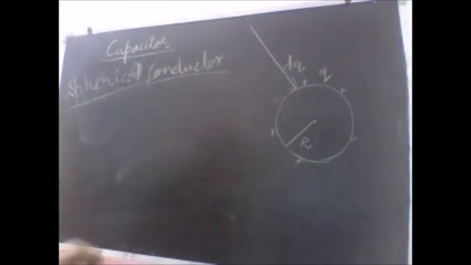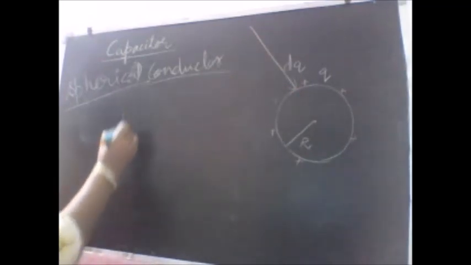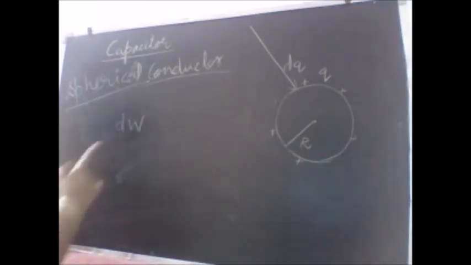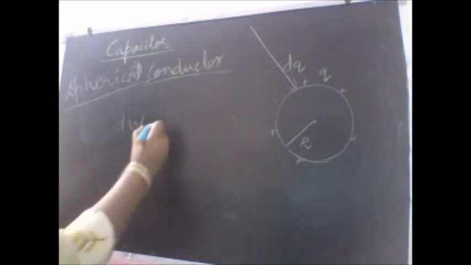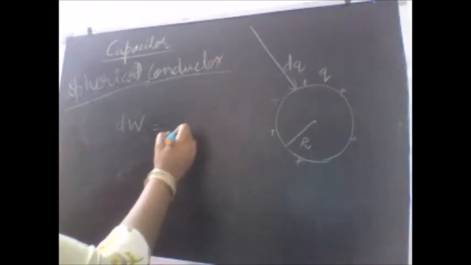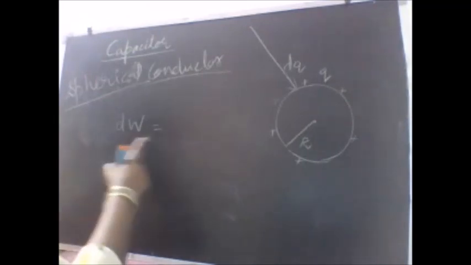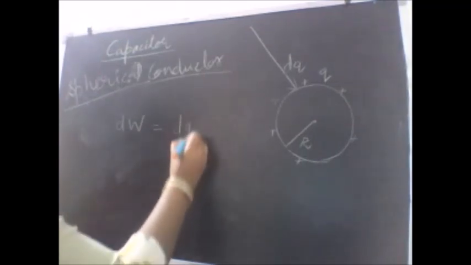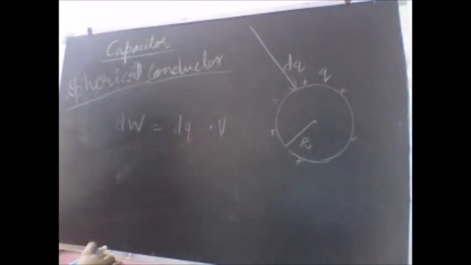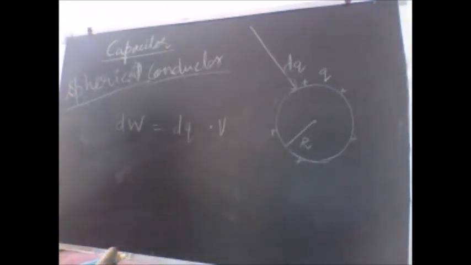So how to calculate the work done? Since the charge that I am bringing from infinity to this point is dq, which is very small, a very small amount of work will be done. So let us go back to the formula that we studied before. What was that formula? Work done, or the energy stored, will be Q into V, right? So this formula can be written as dq into V. Why dq? A small amount of charge, an installment of charge dq, is injected into the spherical conductor.